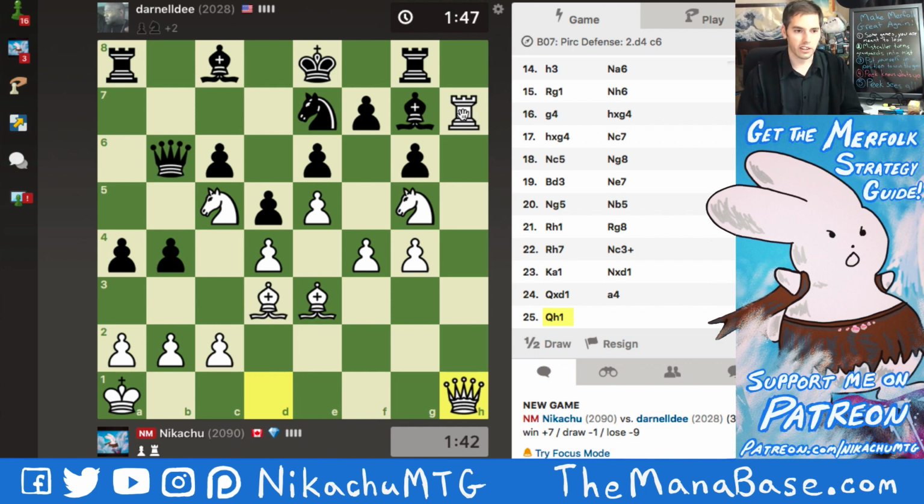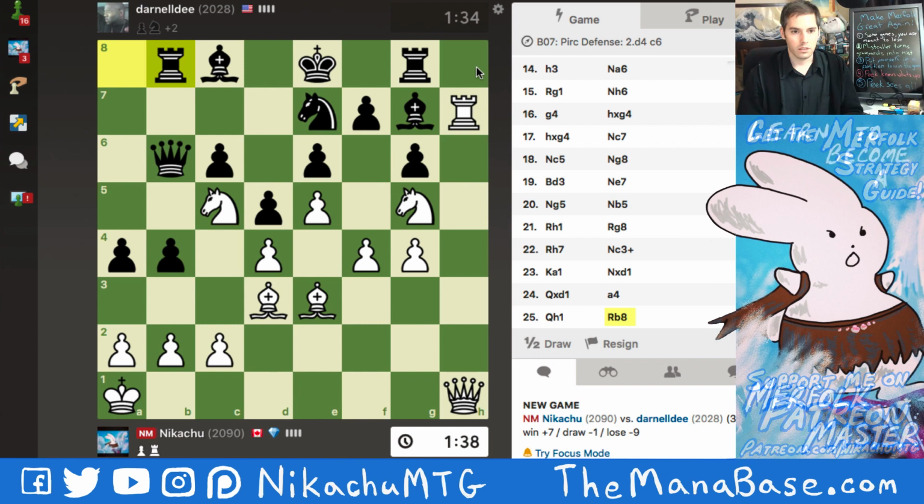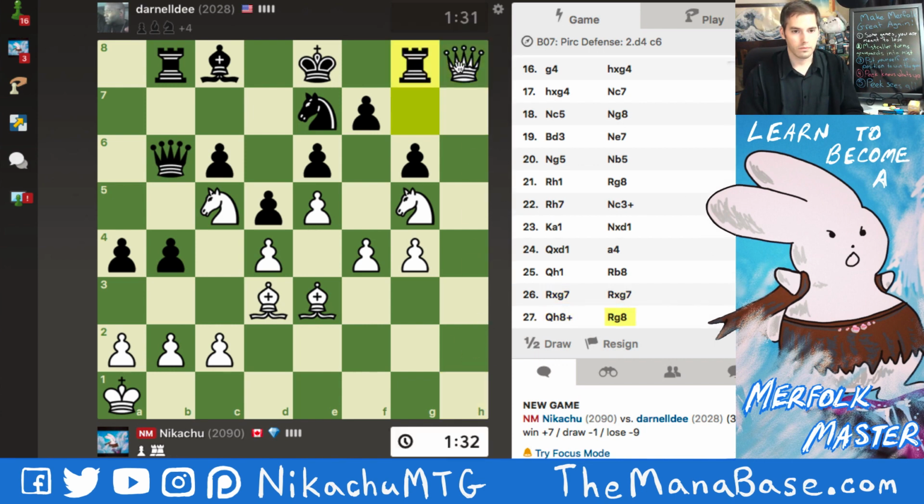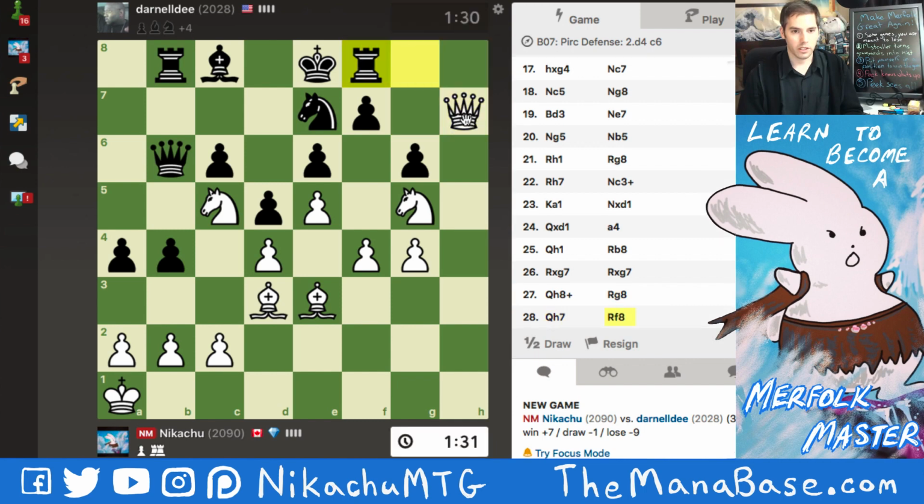I'm not sure if there's a sacrifice opportunity here, but I'm going to try to go for one. Like, I'll take this thing, queen check. Okay, let's go. You only live once. Yeah, and then I go back down. I go here. And now...